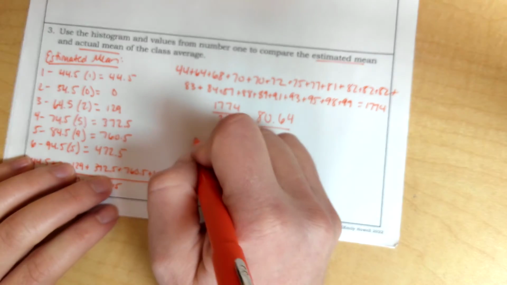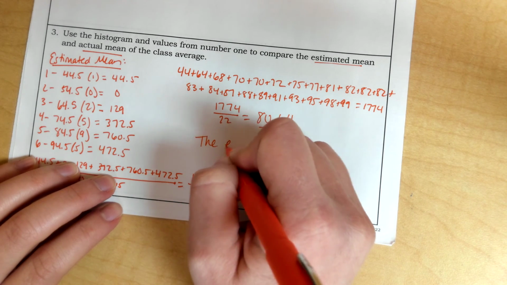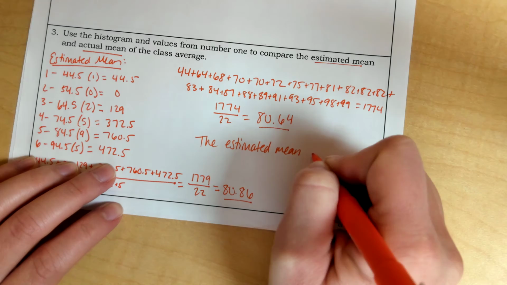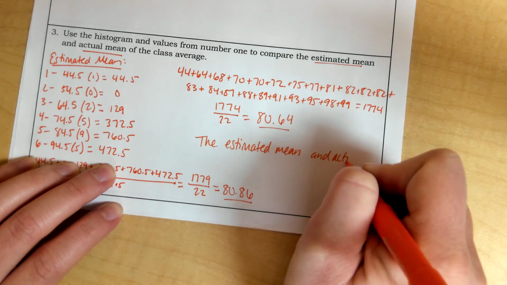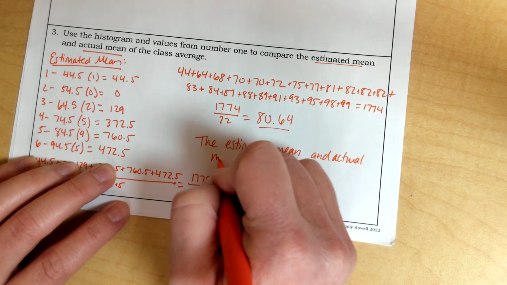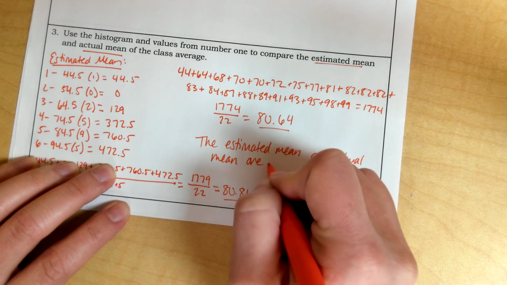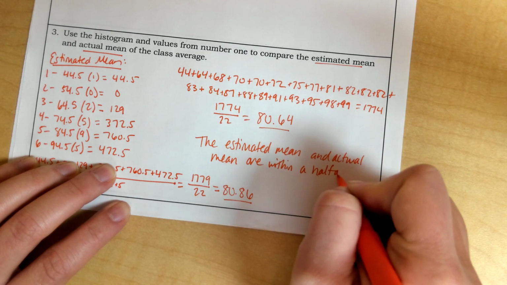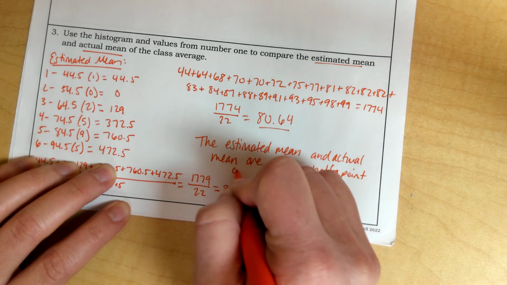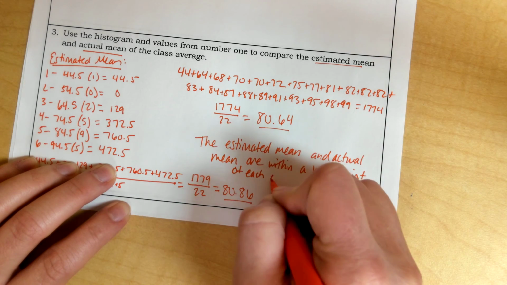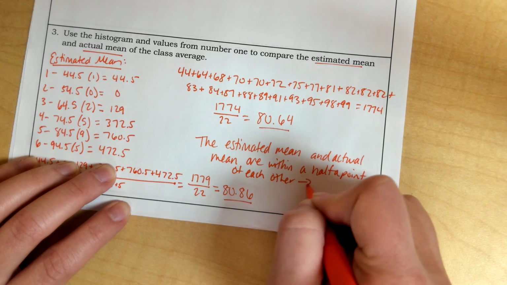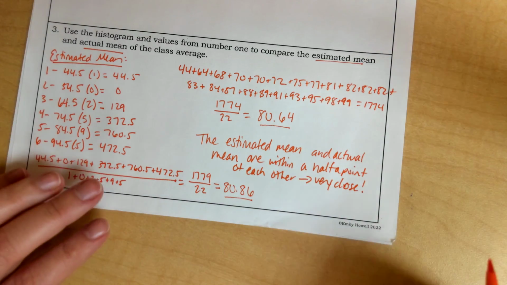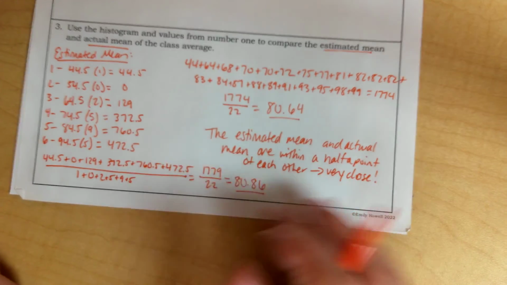But basically, I just want to make sure that you understand that the estimated mean and the actual mean are very close together. They are within half a point of each other. So they are very close. So this is actually a very good estimate to the actual